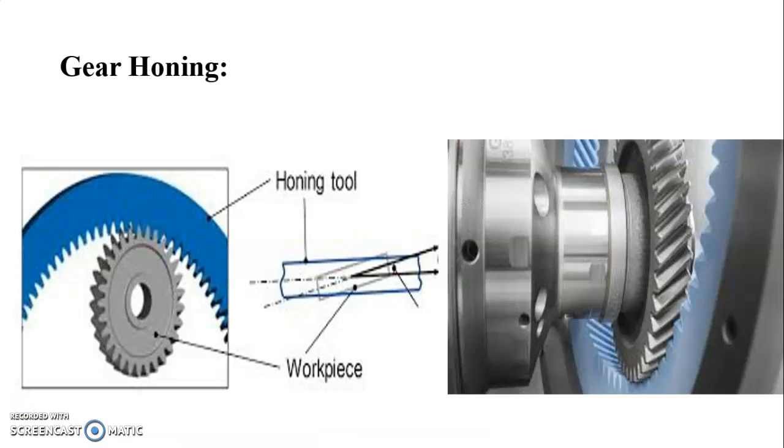Then next is gear honing. It is a gear finishing process for hardened gears. It improves the surface finish of the teeth profile. It also reduces the noise of spur and helical gears after heat treatment and corrects heat treatment errors. Gear tooth honing is generally carried out with a constant pressure between the teeth of the gears and the honing tool. Gear honing is performed on a machine tool, the gear shaving machine.